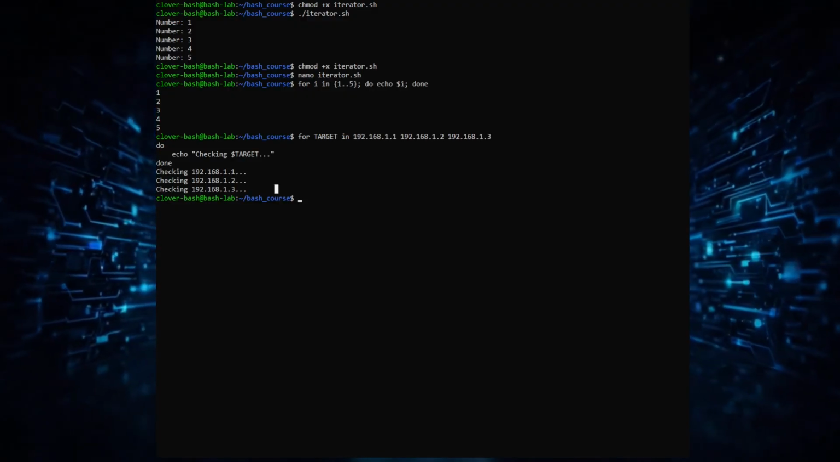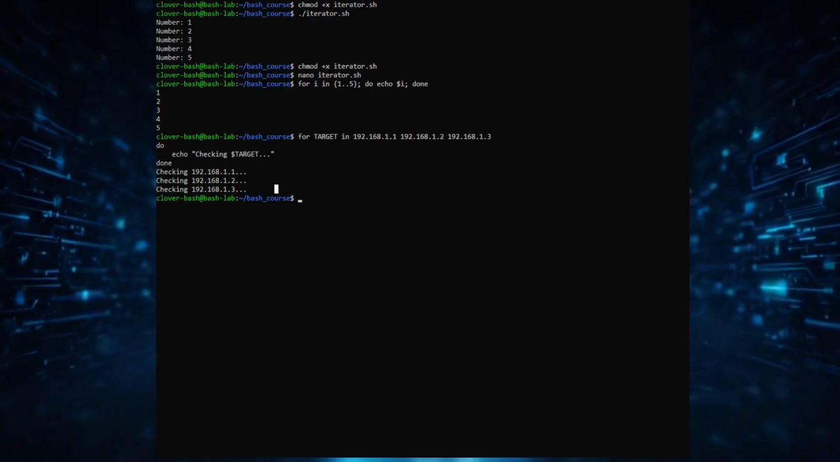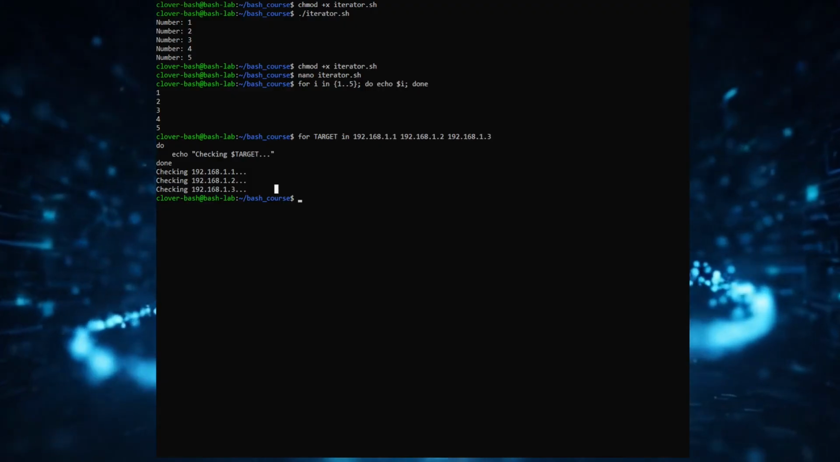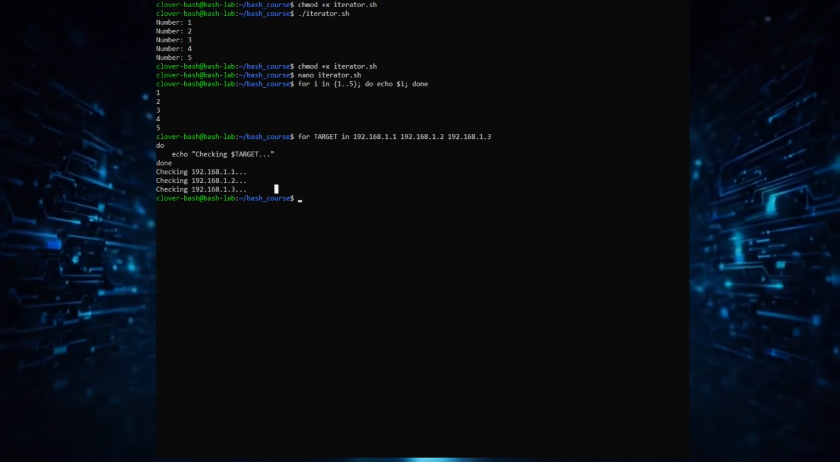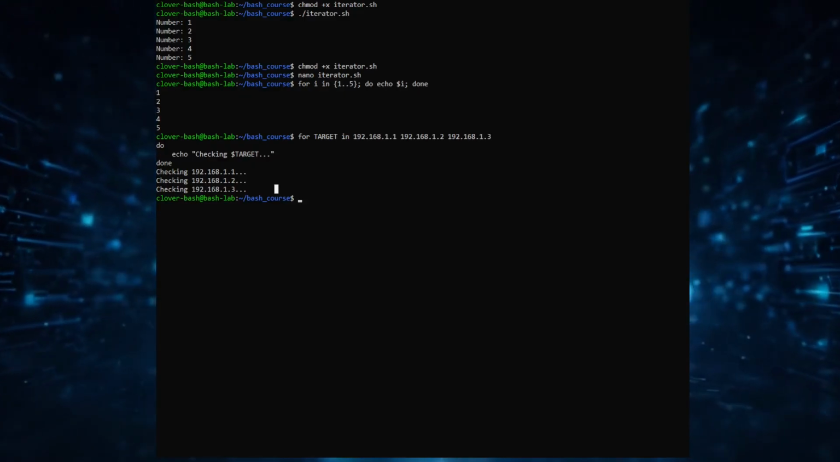You can also loop over files using a glob pattern, the asterisk, which is incredibly useful. For file in